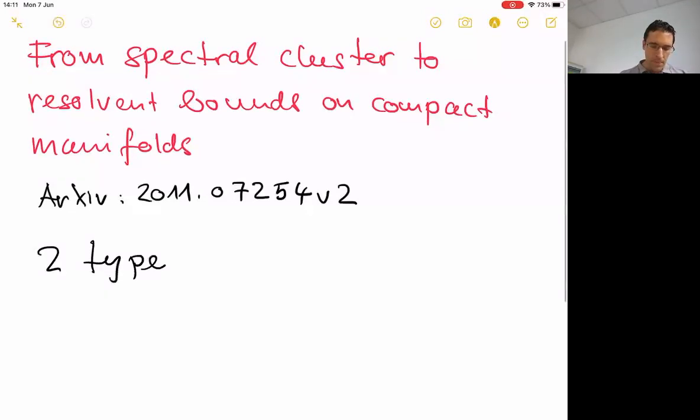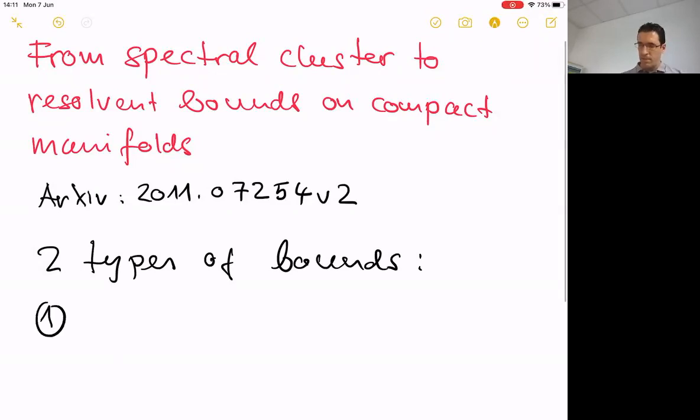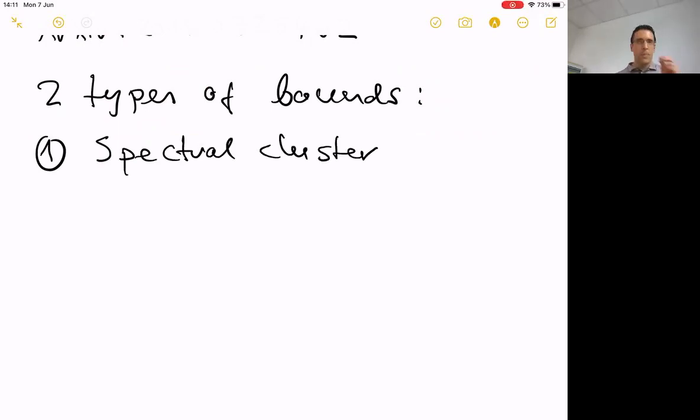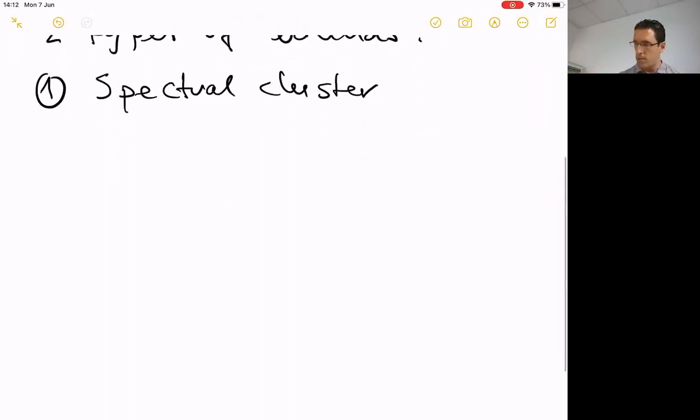Two types of bounds. The first bound is the spectral cluster bound. Let me tell you what I mean by a spectral cluster. A spectral cluster for me is just a sum of eigenfunctions of the Laplacian or Laplace-Beltrami operator corresponding to eigenvalues in a window of length 1. More precisely, I'm going to denote by pi lambda